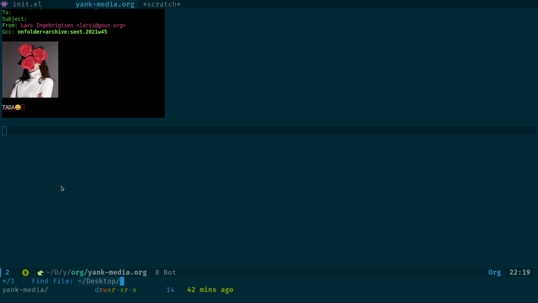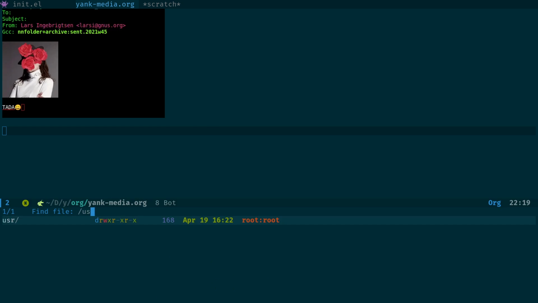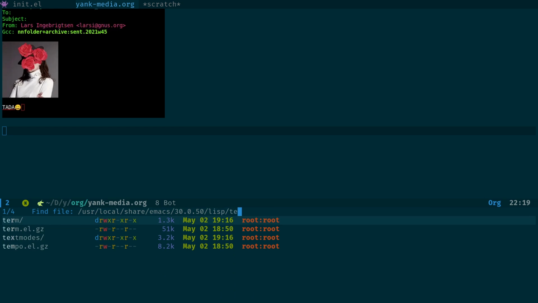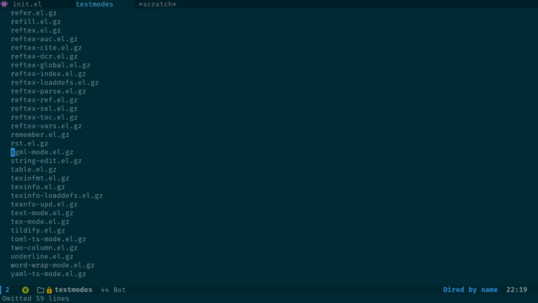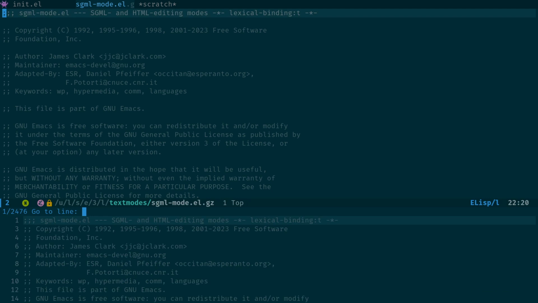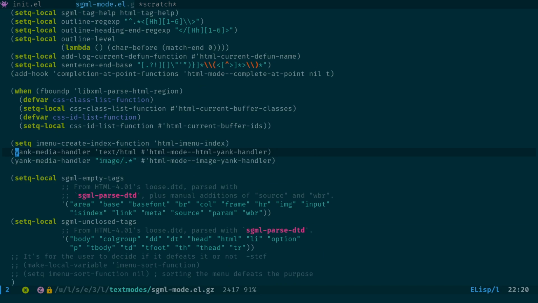So if I come across to user local share Emacs, I built this from source, so the path on your system may be different. Lisp, then, what was it, text modes? Yeah, text modes. Okay, so, long path to look at. What we're actually going to be looking at is a file called sgml-mode.el.gz. So if I come into this file and then search for yank media, what you'll see down here